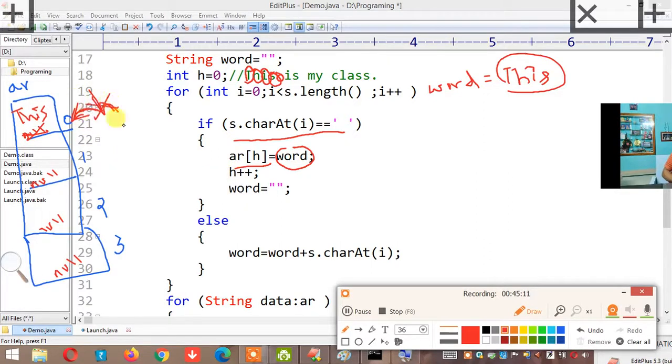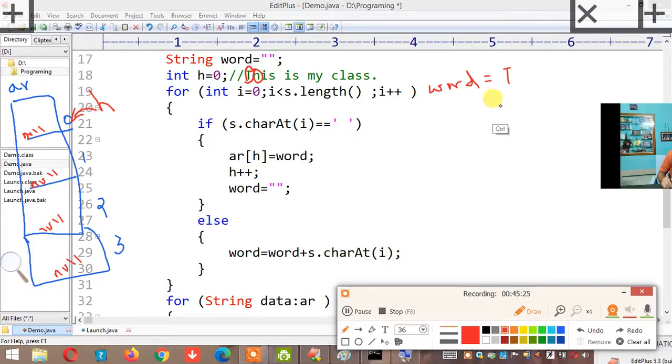So now h, don't think it will point to 1. Yes, h will point to 1. You are telling word as empty string, so your word will become empty string. So if I undo everything, that will be our answer. Let's see what has happened now. My word is empty string now. My h is pointing here and this is occupied with this.